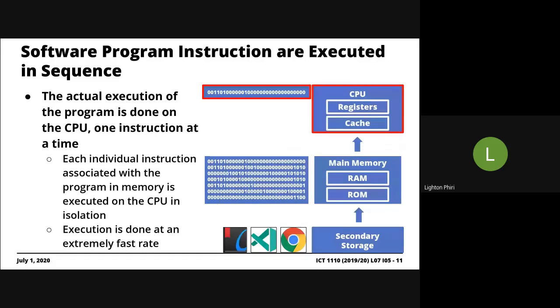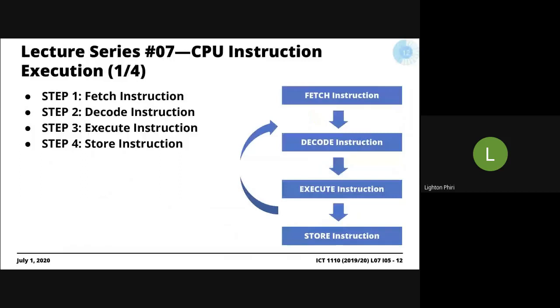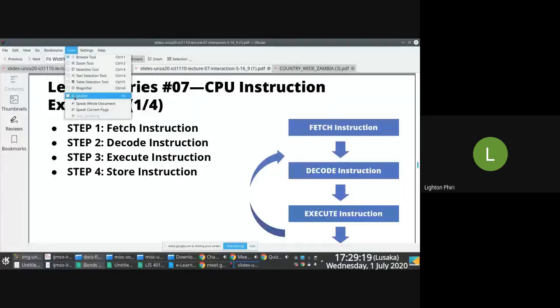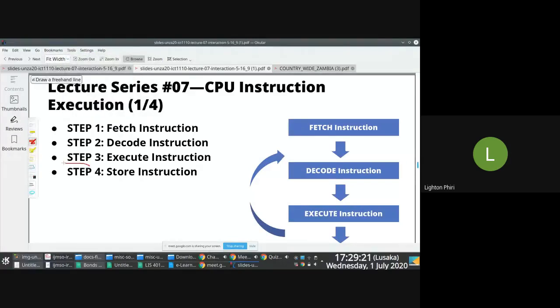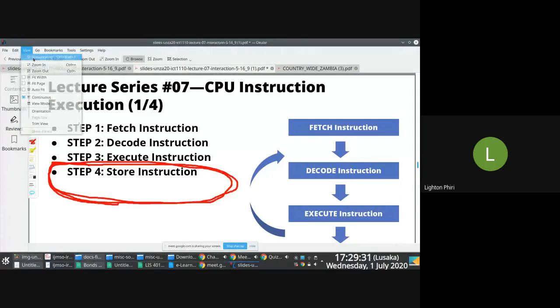Yeah, so we went through the process, the instruction execution cycle. We discovered that the so-called instruction execution cycle is actually composed of 4 key stages. Now, again, this is just a conservative approximation of the stages. In certain literature that you find online, you will probably not come across step number 4 there. But it makes sense because in certain instances, you'd want to store the results of the processing on the CPU. Right, so 4 key stages